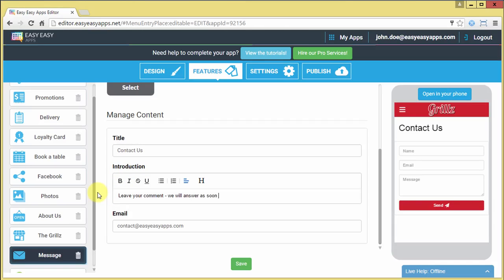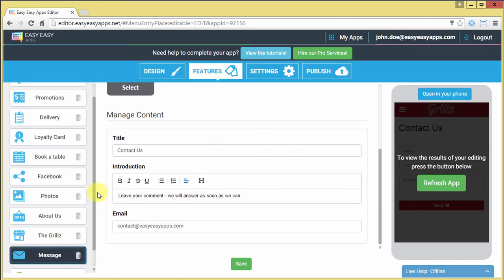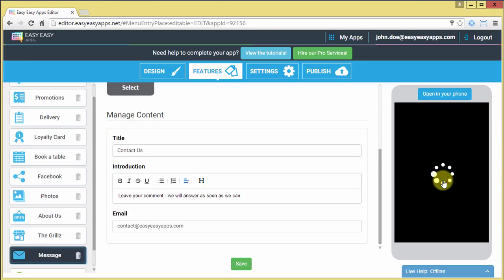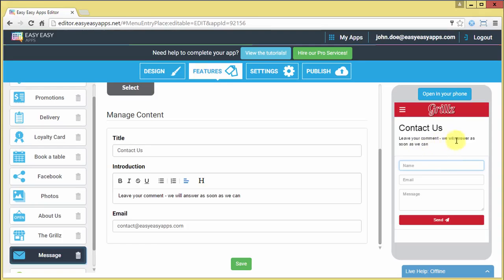For example, you can include your response policy to comments and suggestions received, or what the user should type in the Message field. Try the Message feature for yourself by entering your email in the Content area. Go to the live previewer and fill out the form simulating a user contact. For you to understand correctly the difference between the email fields, you should use an email address in the contact form different from the one that you used in the feature configuration. In a few moments, you will receive an email with the data entered in the live previewer form.